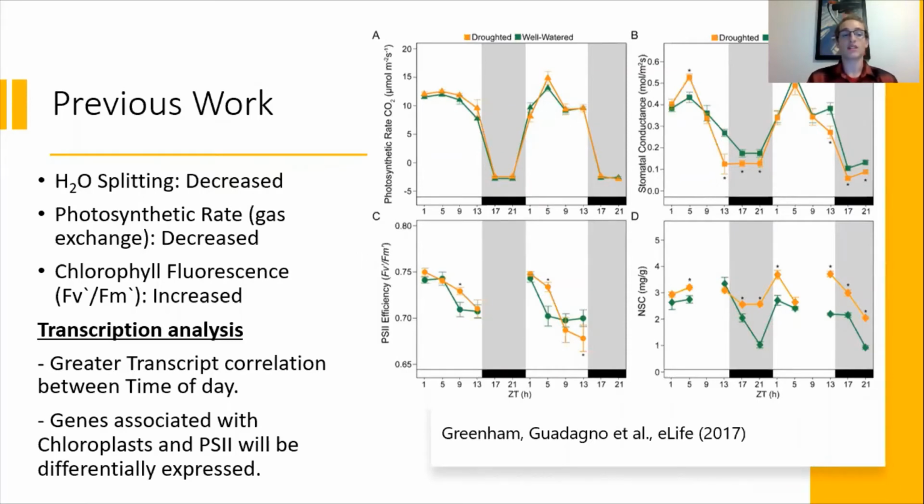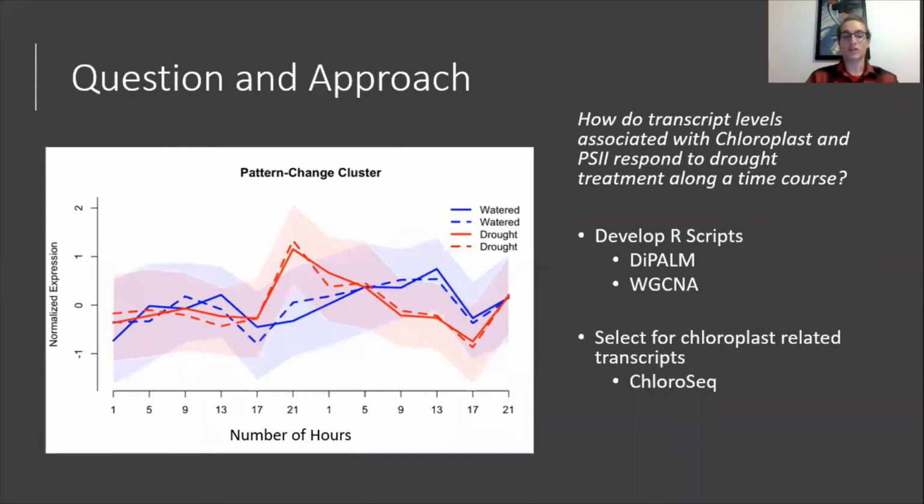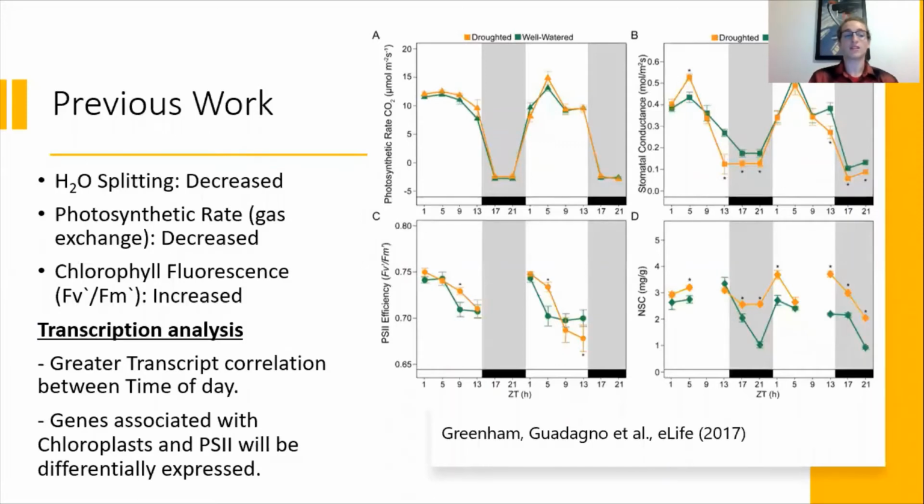The previous analysis compared transcript levels between time of day and control versus treatment. In the graphic, you can see the strong relationship between time of day and daily variations in gas exchange, fluorescence, and sugar accumulation. Observing both transcript levels and physiological measures being strongly associated with time of day, it is expected